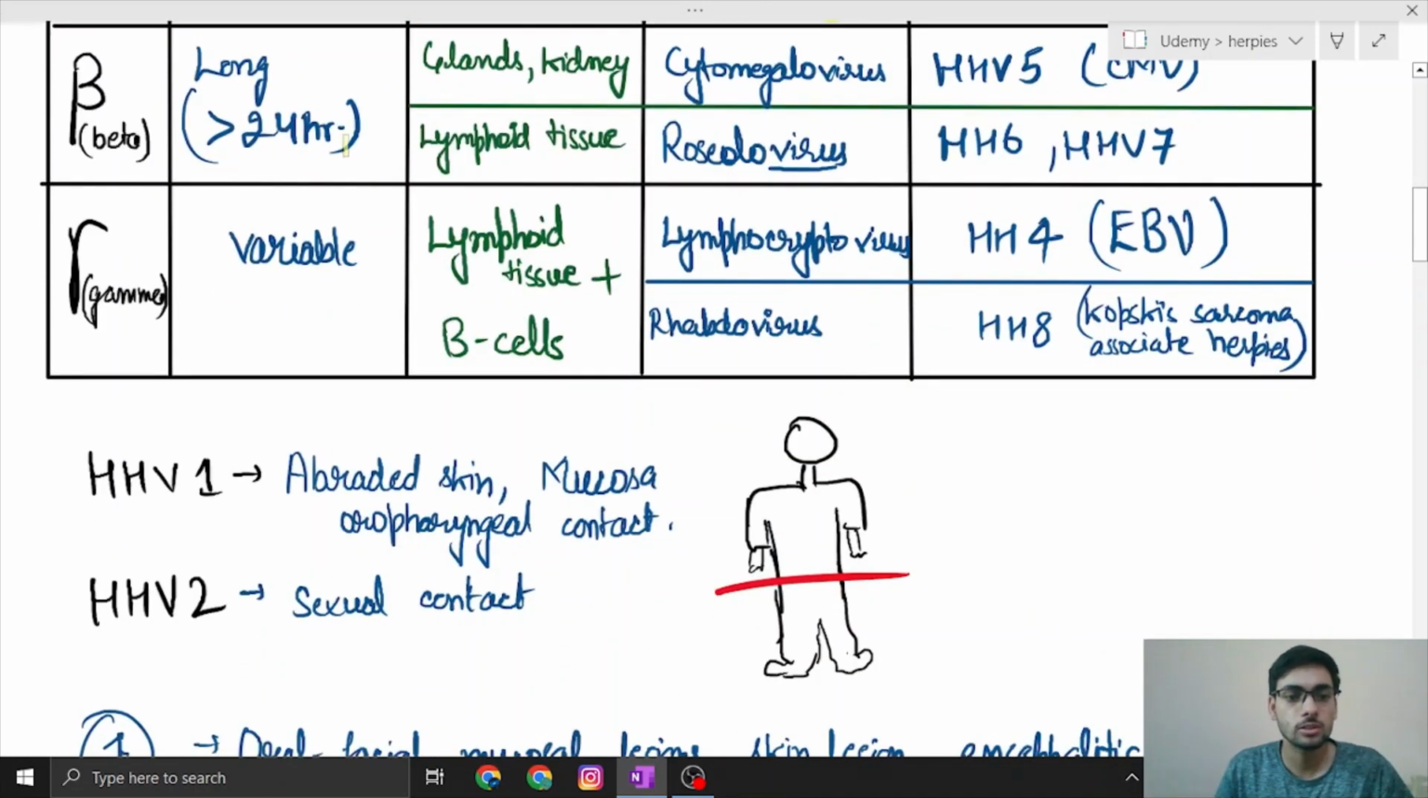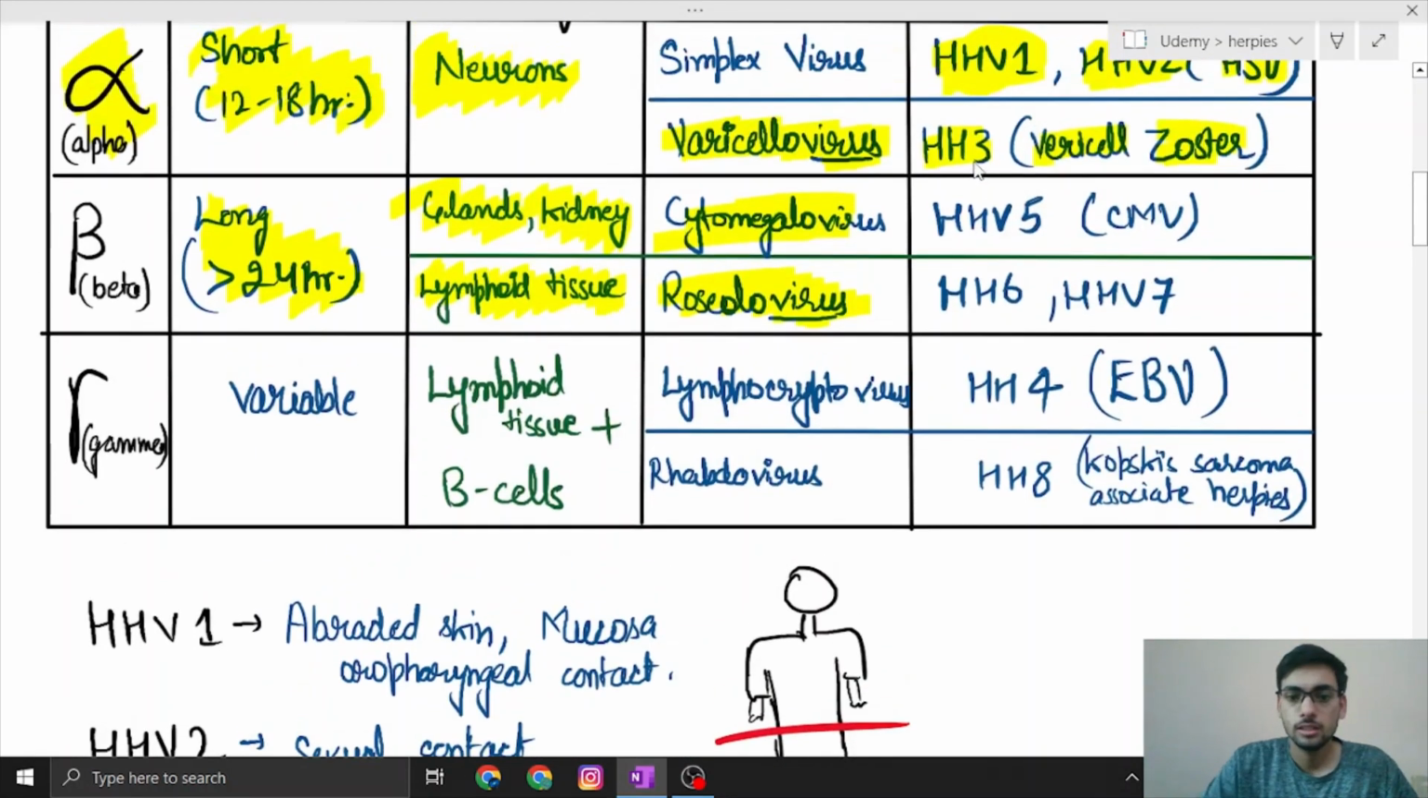Now we will talk about the beta family. The beta family has a long replication life cycle, right? Two groups, cytomegalovirus and roseolovirus, belong to this beta family. Cytomegalovirus latent themselves in the kidney and glands of our body, and roseolovirus latent themselves in lymphoid tissues. HHV6 and 7 are not so important because they are not so common in our body, but HHV5, which is cytomegalovirus, can cause